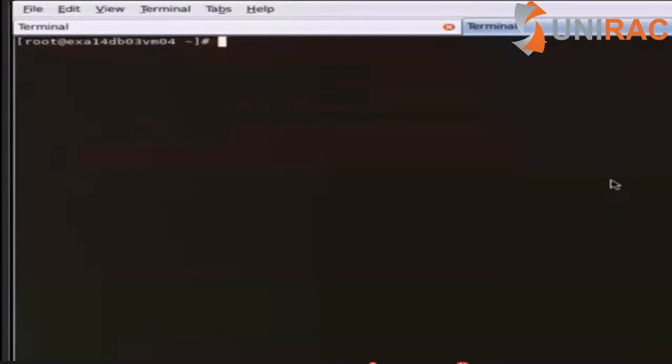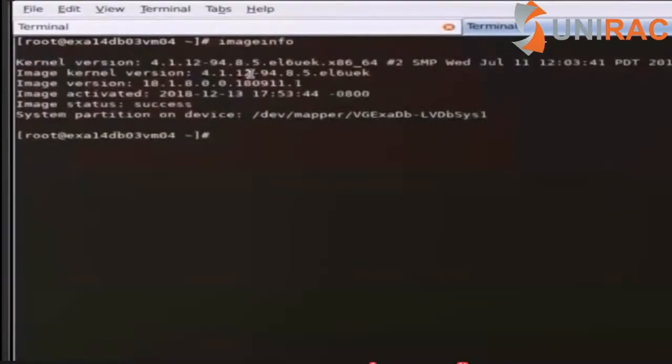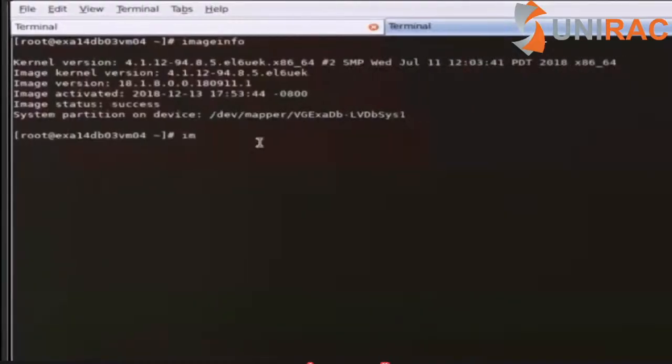Exadata 14 DB03 VM04 is the first virtual node of the 2-node cluster that we will be patching today. DBs can be patched one at a time in a rolling fashion. The current exa image running on this is